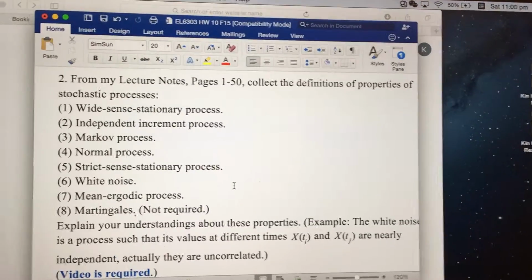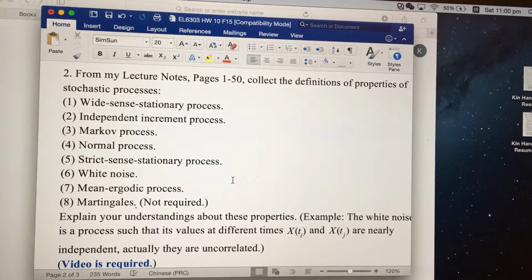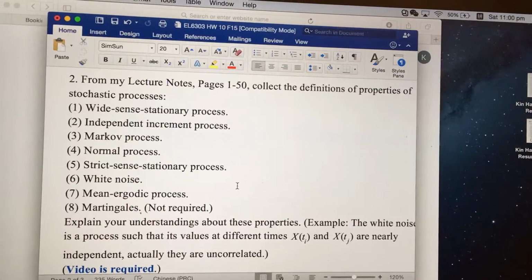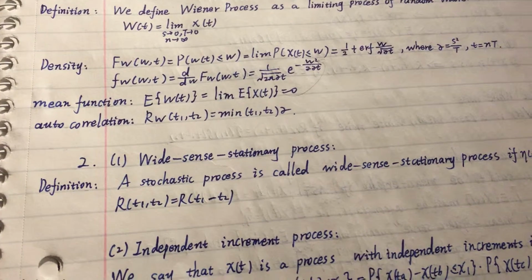Here's the solution to question 2 of homework 10. There are 7 problems to solve. Let's begin the first problem, which is correcting the definition of